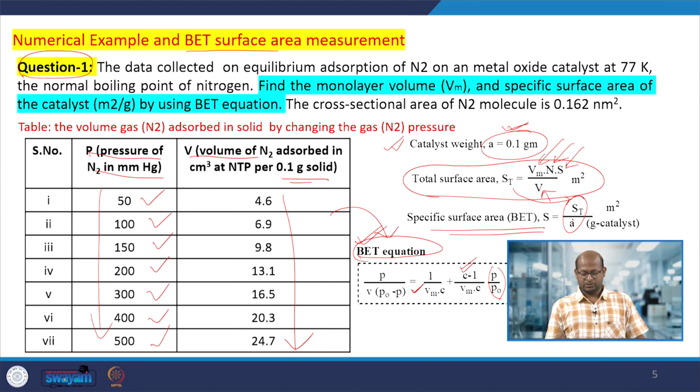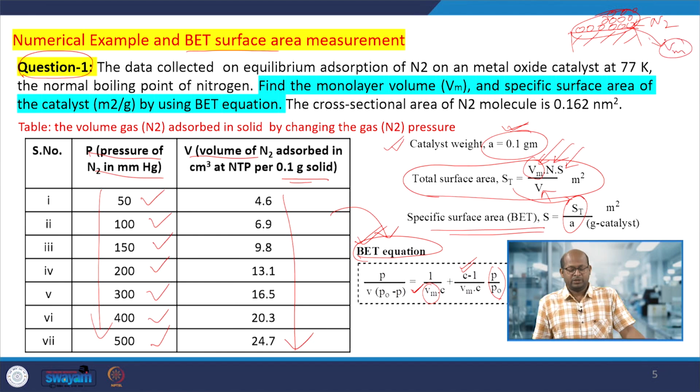First you have to find Vm, the monolayer volume. When porous samples are taken, this is the surface where nitrogen molecules get adsorbed, and there may be monolayer or multilayer formation. The amount of gas adsorbed for the formation of the monolayer, you have to find out, and that helps us find the specific surface area of